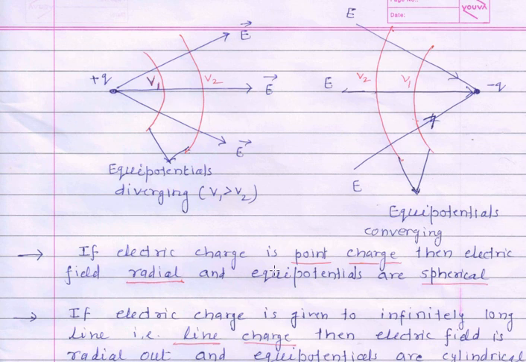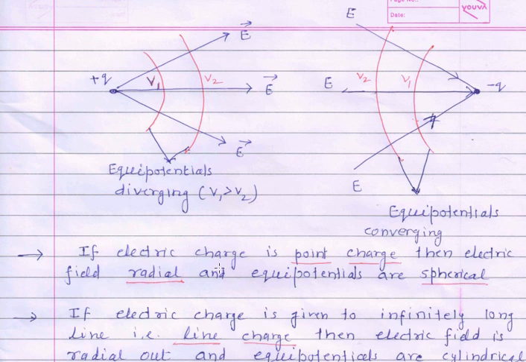then at certain distances you are getting these types of equipotentials, shown by the red line, and electric field intensity is shown by this blue line. So this is electric field intensity, and the red one is electric potentials. So these are the spherical equipotentials, where V1 is greater than V2. These surfaces are diverging, because the electric field intensity is diverging.